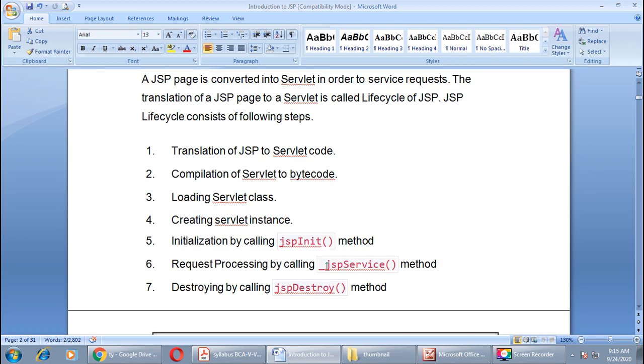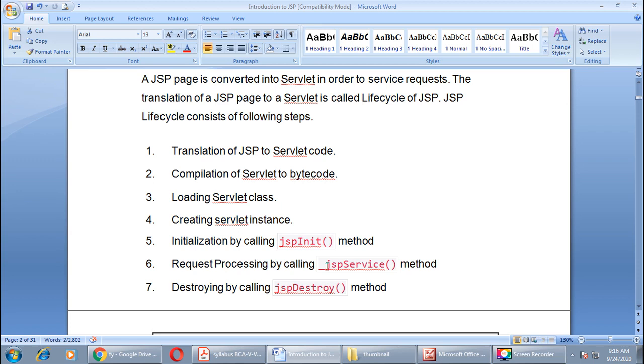Number 1, translation of JSP to servlet code. Whatever you write in JSP coding will be converted to servlet code first. Then in the second step, compilation of servlet to bytecode. Here the servlet will be compiled by the container and converted into its equal bytecode. Then loading the servlet class.